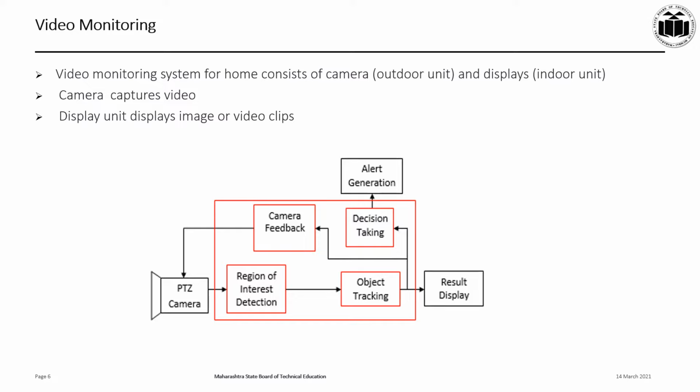The video monitoring system is also equipped with motion sensor technology. It will give you more security and it is an energy efficient solution for video monitoring. When motion sensors are connected, the motion sensor detects the movement, and as soon as it detects the movement, the camera will start recording and automatically generate an alert signal if any movement is found around. The same thing we can also monitor on the display.